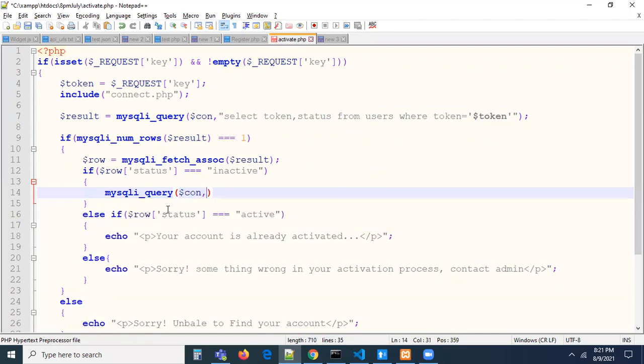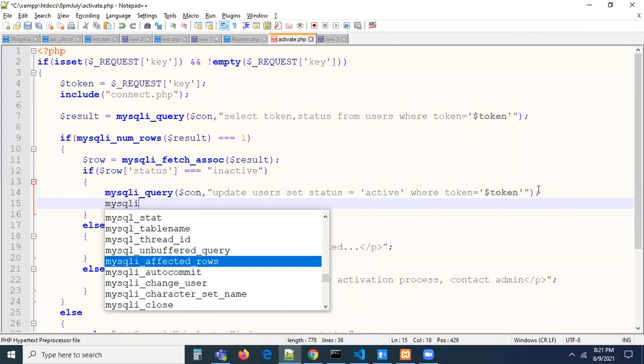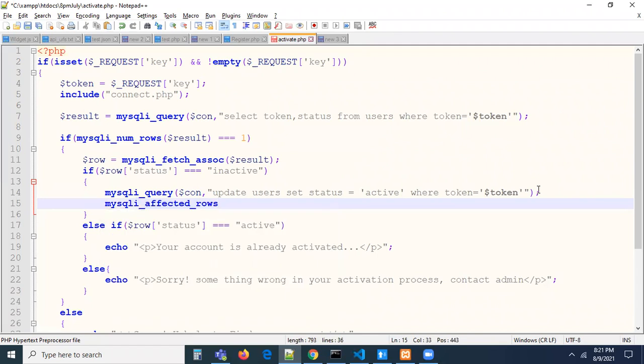So the update query, guys, this is the update query. Update users set status active where token is equal to $token. If this is updated, mysqli_affected_rows will return true. I mean one record is updated. So now you can write the condition: if this is one,